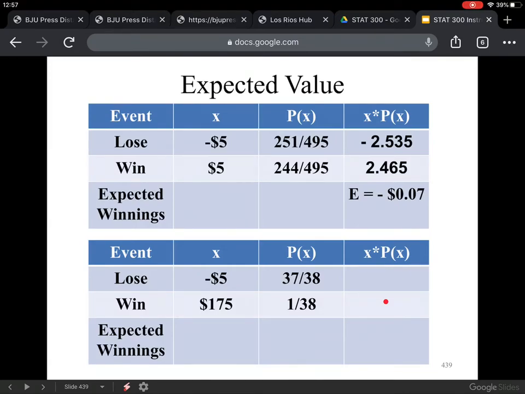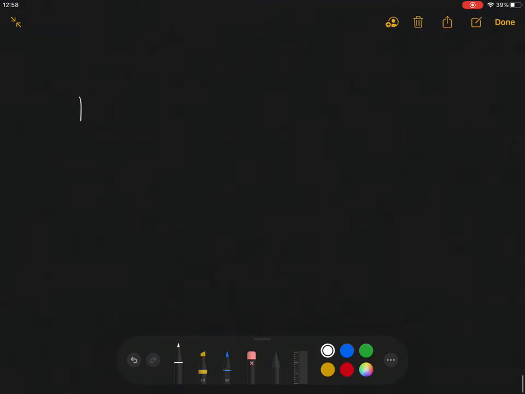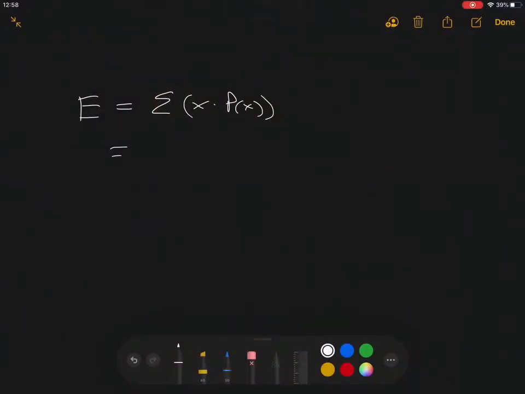Okay, I hope that you've tried and attempted it. We'll write it out here. The expected value E is equal to the sum of x times p of x, which is the formula for the mean. From our values, we lose $5 with 37/38 probability, so negative 5 times 37/38. Plus, you can win 175 with 1/38 probability. Okay? And so if you actually calculate that,